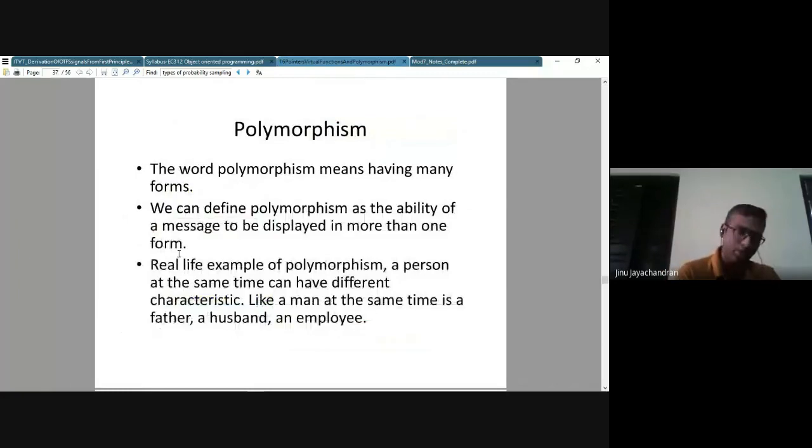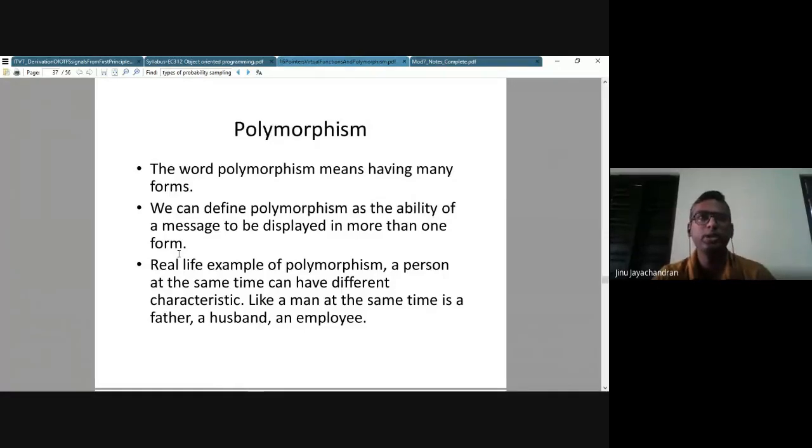Next, we are going into the last topic of module number 3, which is called polymorphism. Okay, so polymorphism, as the name indicates, means that it can have multiple forms. For example, water can exist in 3 different forms: liquid, gas, and solid. Okay, the characteristics remain the same, but the form in which it is seen is different. Or we can say the characteristics are also changing in some way, and visually also it is having a different structure. This is called polymorphism.